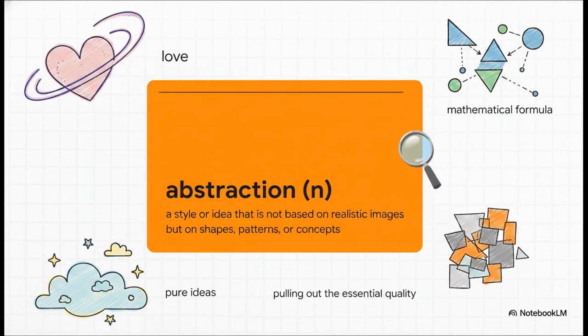And that leads us perfectly to our next noun, abstraction. What is an abstraction? Well, it's what happens when we leave the physical, concrete world behind and float up into the world of pure ideas. The idea of love is an abstraction. A math formula is an abstraction. It's all about boiling something down to its core idea and leaving the messy, physical details behind.